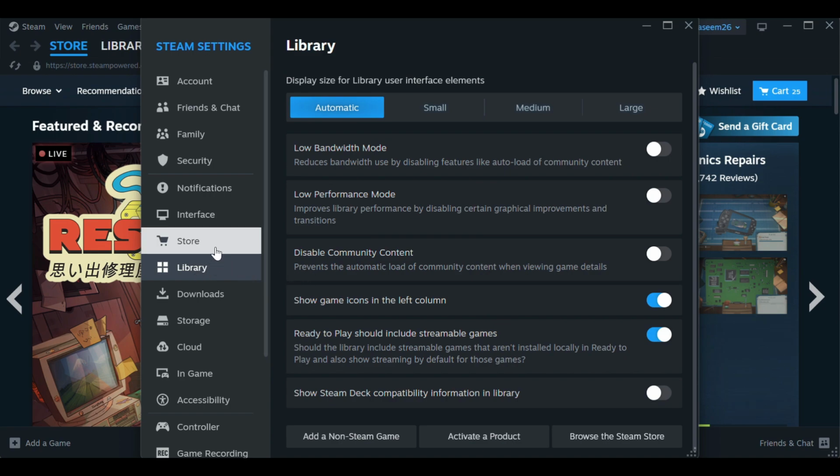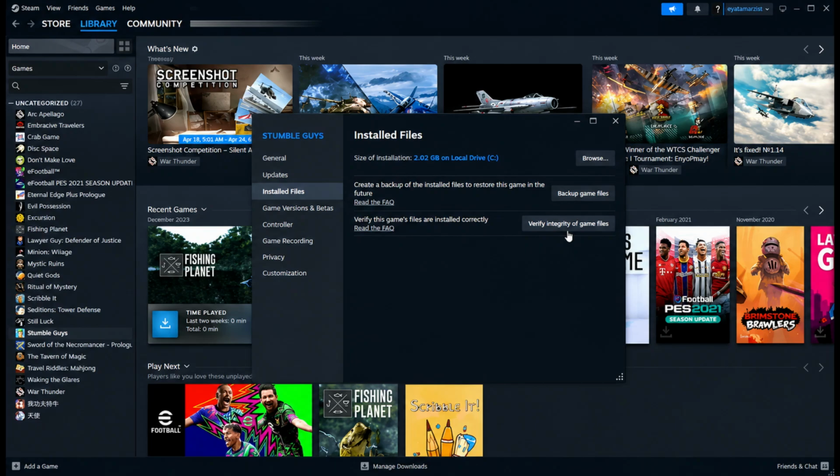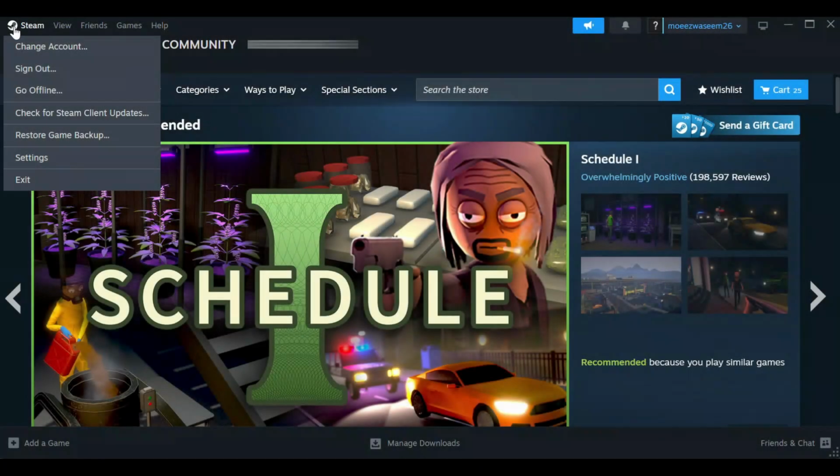Click the game that is showing the error and select Properties, then go to Installed Files and click Verify Integrity of Game Files. Wait for the process to finish, then close the window and launch the game to check if the issue is resolved. If you're still seeing the Steam Cloud Sync error, then open Steam Settings again, then go